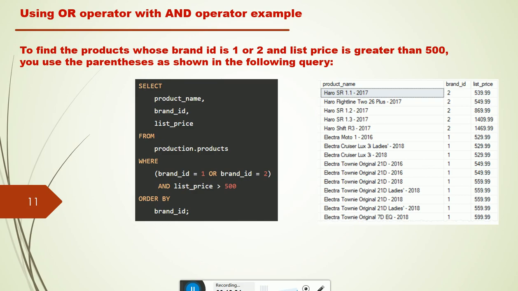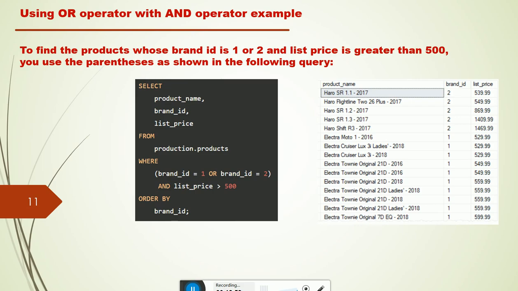Select product name, brand ID, list price from production.products, where brand ID equal to 1 or brand ID equal to 2 in between the parenthesis, then AND operator, list price is greater than 500.